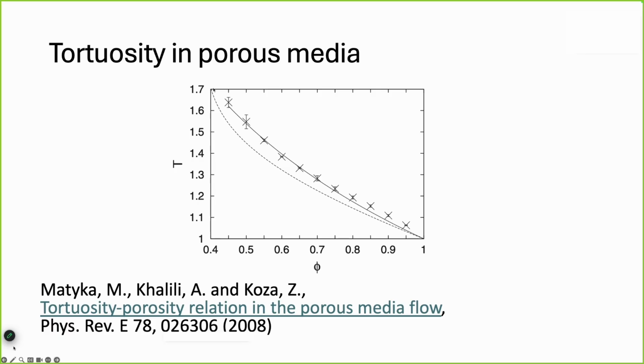This actually goes to infinity because of the percolation threshold, but with a fraction of pores. If the fraction of pores is 1, this is basically channel flow without any obstacles. If you are close to 0.45, that means you packed a lot of obstacles and you are close to the percolation threshold. Actually, tortuosity should go to infinity. But this is a very hard problem numerically because I solved Navier-Stokes really in the pores of the porous medium. This is a pore scale study.